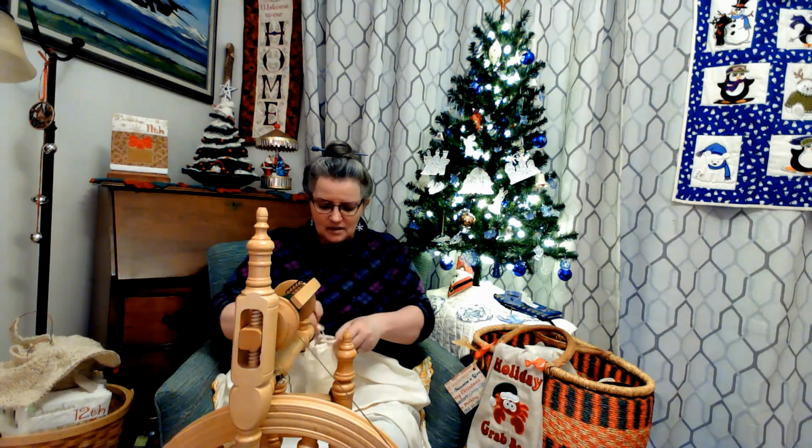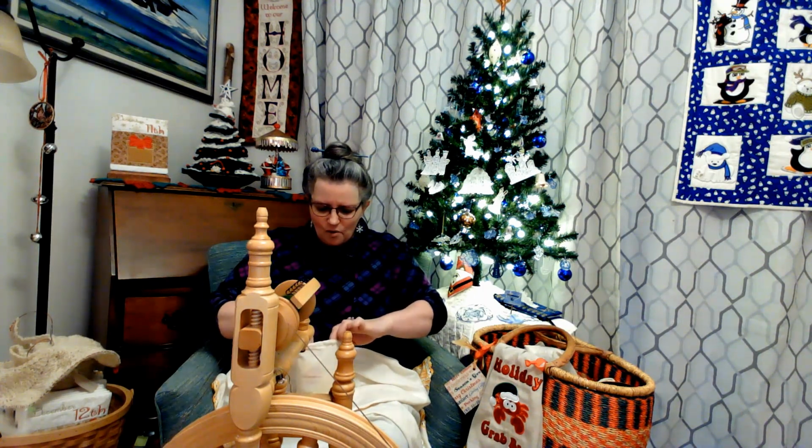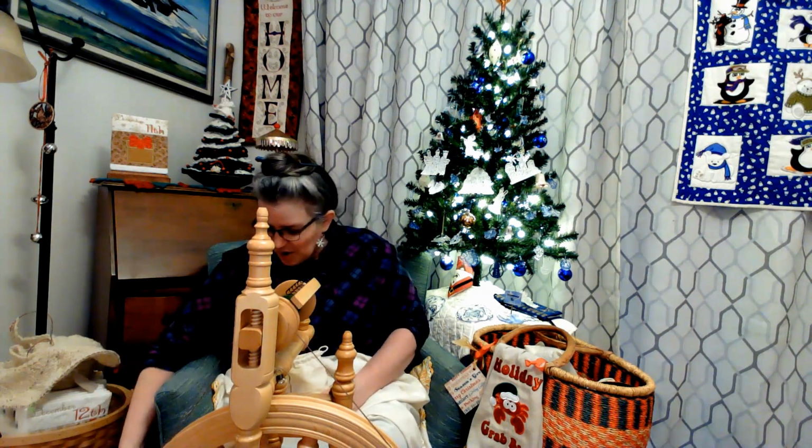I pulled the drawstrings on the bags a little tight. They're not always the easiest to open. Oh my goodness, I can already tell we have a change. We have a chocolate, but I'm excited